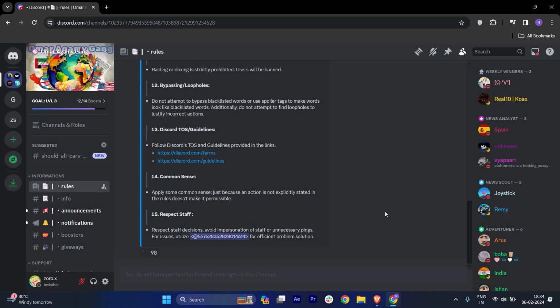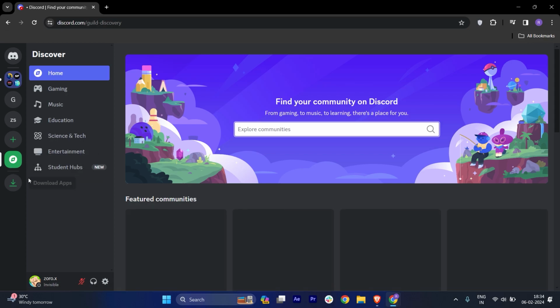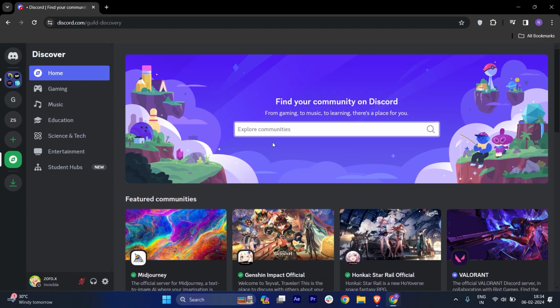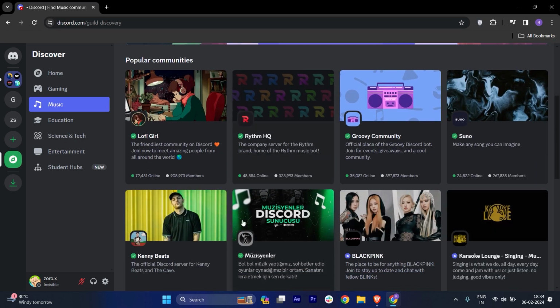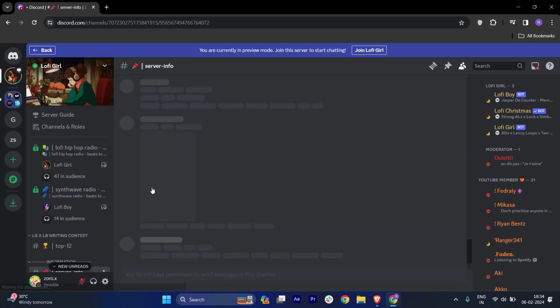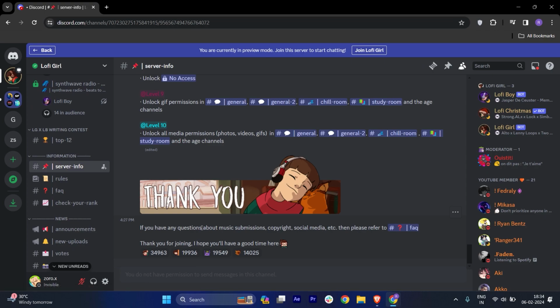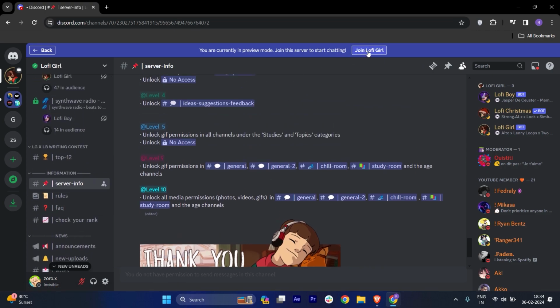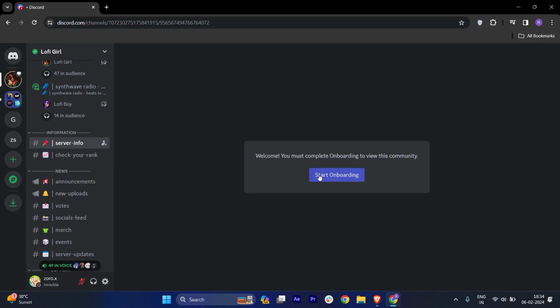But if you want to join a very public server, which is completely free and completely public, you can join this kind of server. On the left side you will see a lot of genres. You can just choose any one of them. For example, this is lo-fi girl, and once I come here, usually they ask you to verify it. So on the top you will see this option of join lo-fi girl, and it will click on start